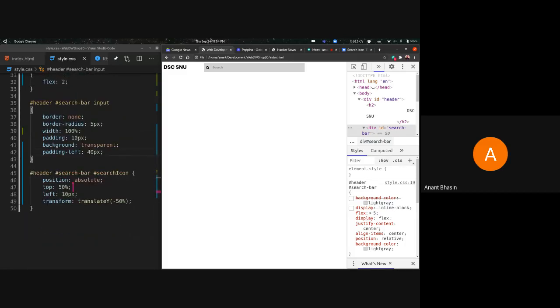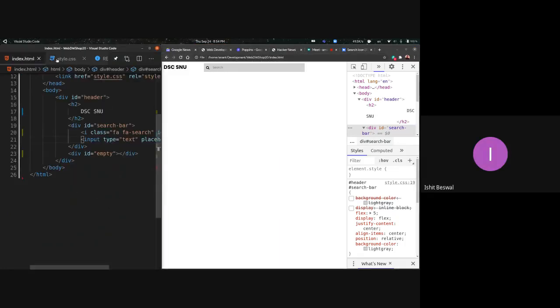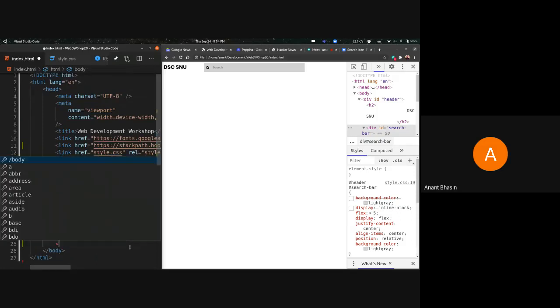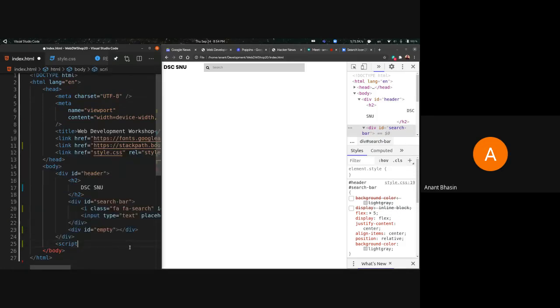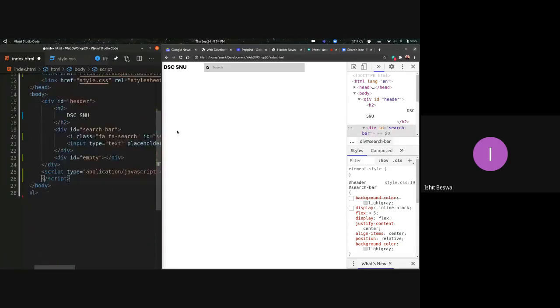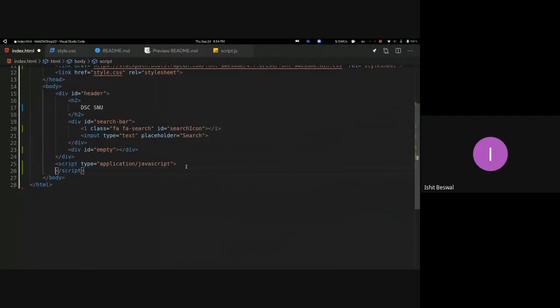Okay, so we have 6 minutes left. Let's introduce JavaScript pretty quickly. Let's use a script tag for now, and we'll show you how to move this code outside of this file. What the script tag does is just what it says exactly. It includes a script of sorts into your HTML code. Now, the type property defines that we'll be giving JavaScript code to the script tag.